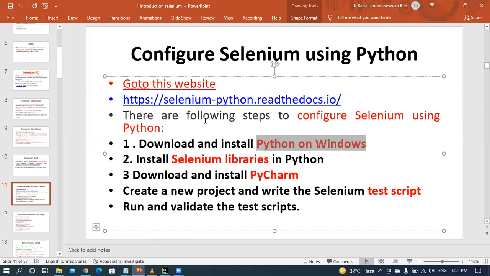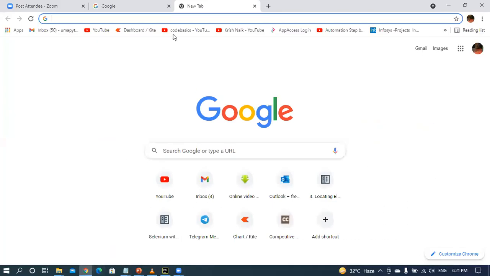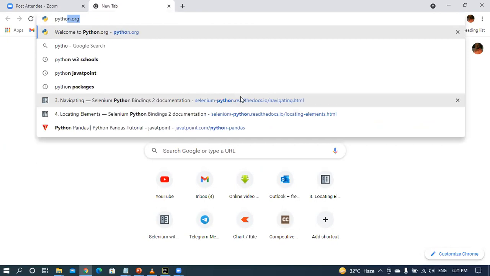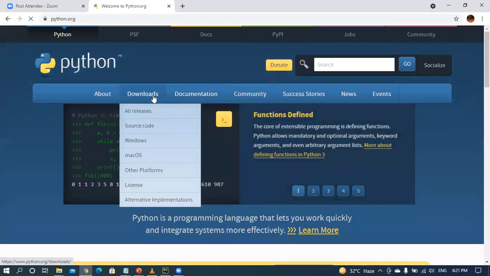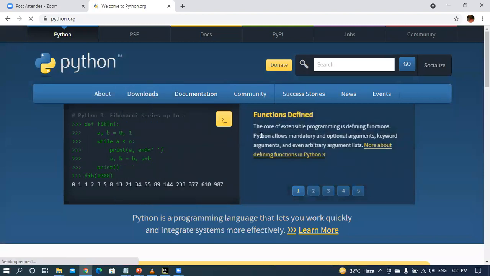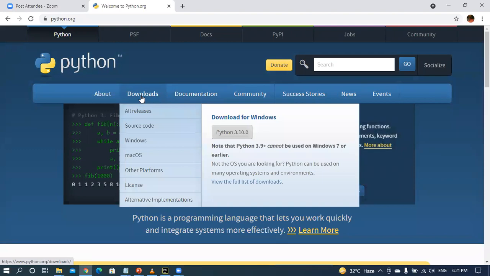Previously you have had some idea about it. For example, how can you download the Python program? Directly go to python.org. There is a download button there, and you choose any version. For example, now it is Python 3.10.